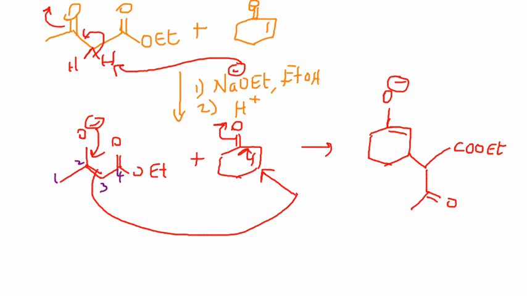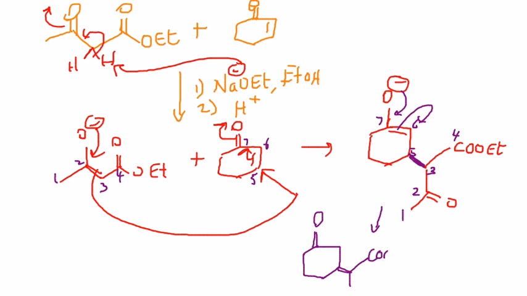That means I have 1, 2, 3, and 4. And let's call this 5, 6, and 7. So the new bond is right over here. Of course the electrons will come back in. The charge is going to get satisfied by just picking up a proton from the solvent, COOEt, and you have a